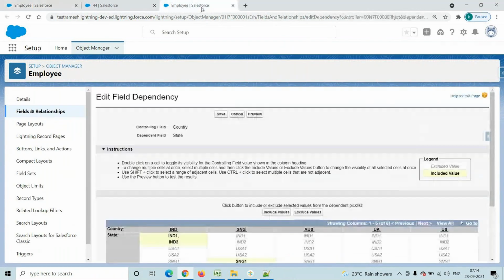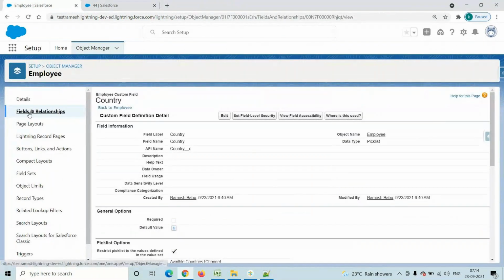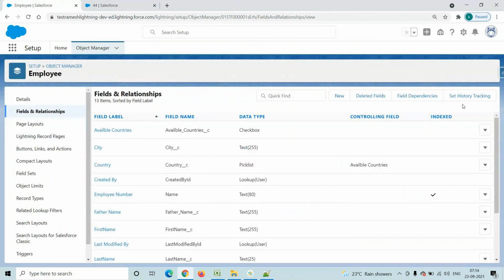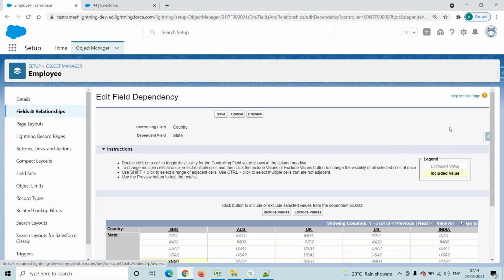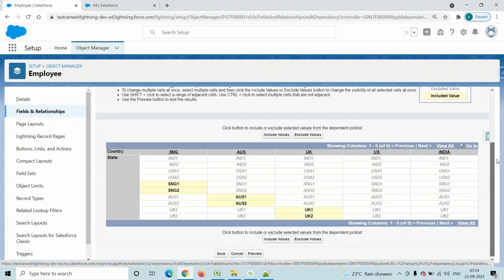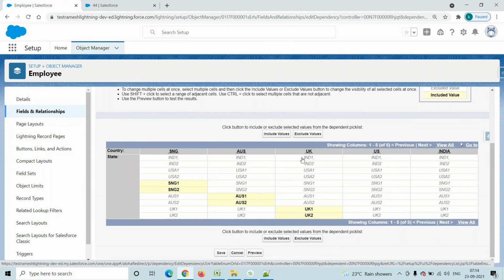Now go to field dependency, and go to country. Click on the country. See here, Singapore okay, Australia okay, UK okay, US. India is not yet added, right? Not yet added.